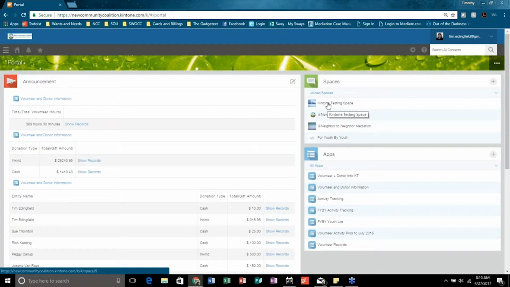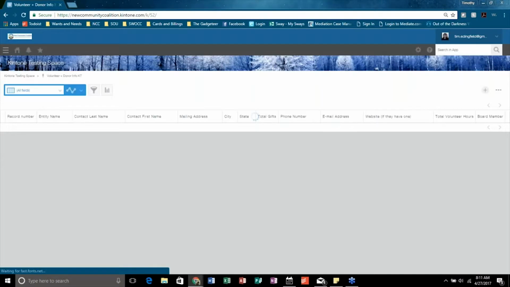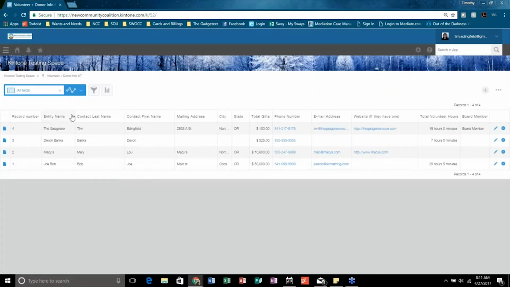We're going to just go into the Kintone testing space that I've created, that allows us to play around with data without messing with the real data in the New Community Coalition. So what I've done is duplicate a volunteer and donor information database, and it's very simple.